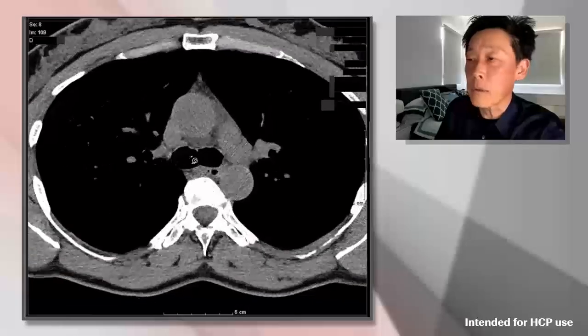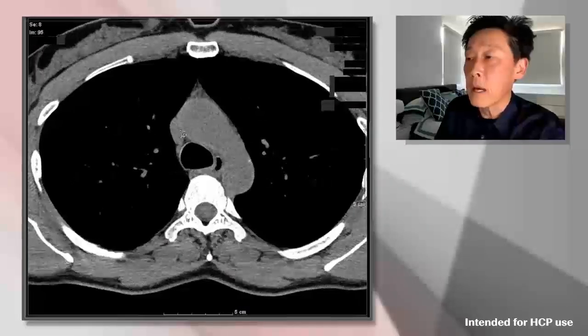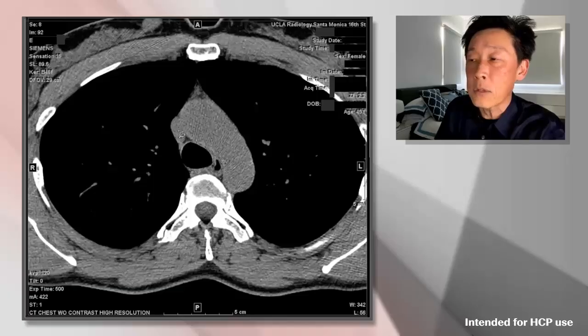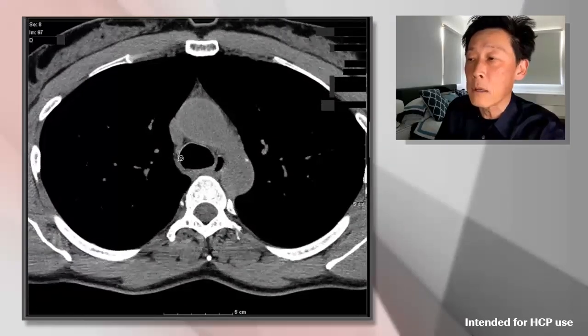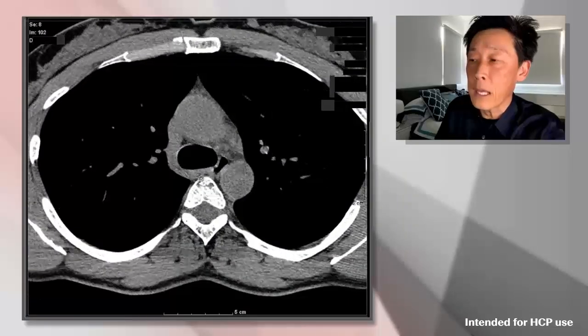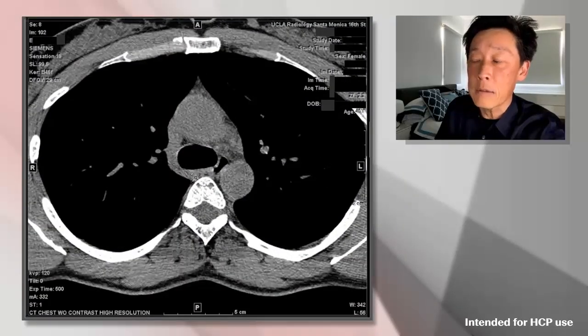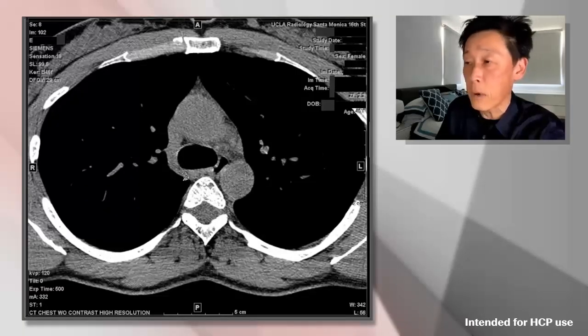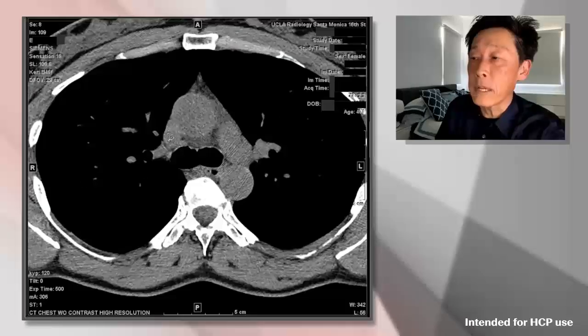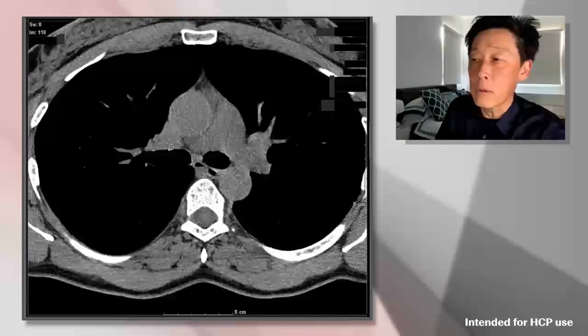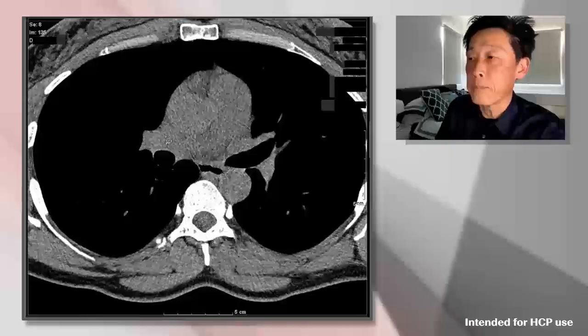Just to, I guess, round out the anatomy, here again, as I mentioned, is the superior vena cava, which brings blood back to the heart. Here we have a vein that's known as the azygos vein, which travels over the right main stem bronchus, just to give you an idea here. And the superior vena cava then can be followed all the way back to the right atrium.